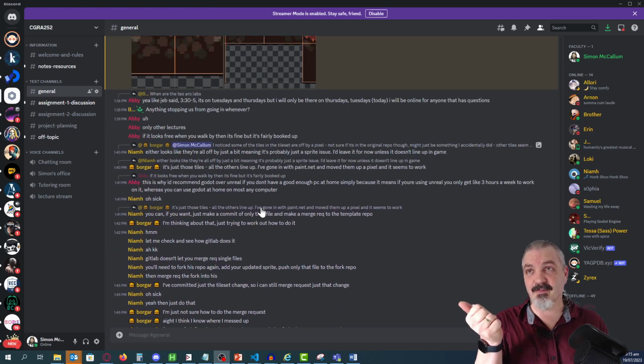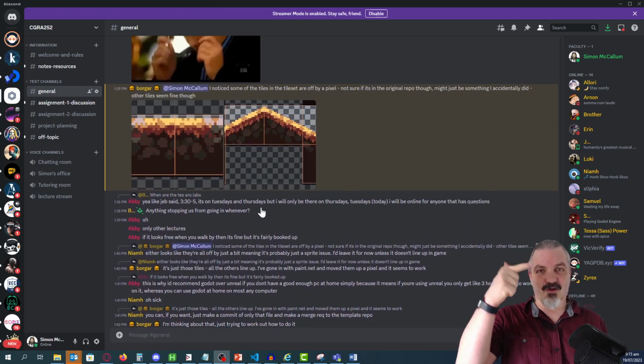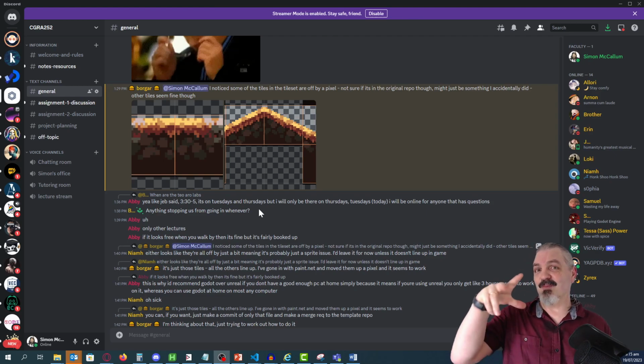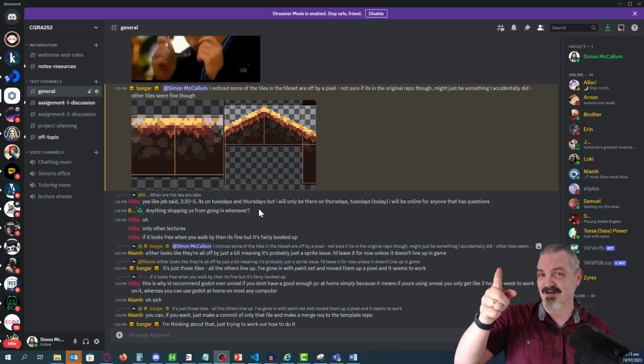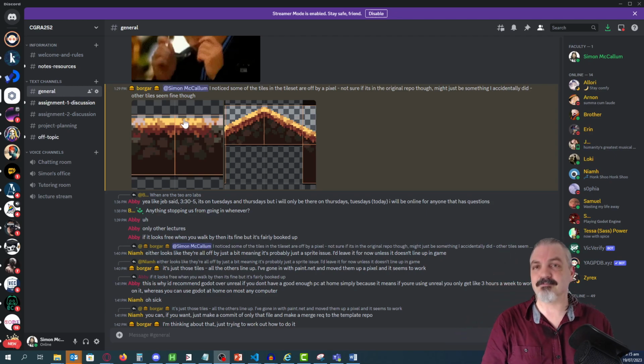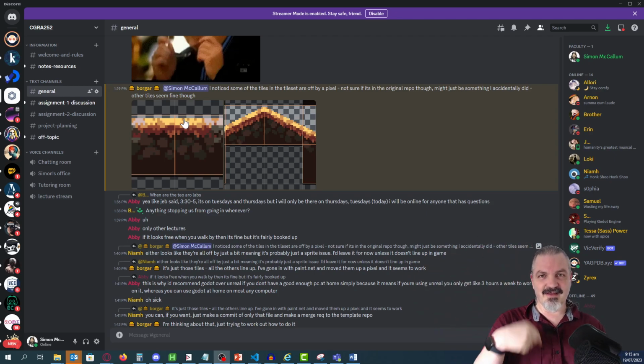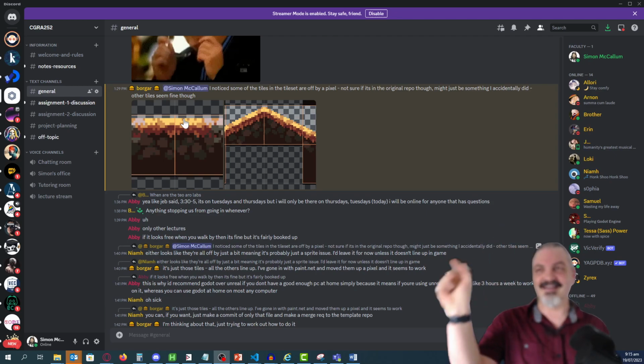What they needed to do was to fork the repo, clone it to their local machine, update that sprite, commit that sprite locally, push that sprite up to their fork, and then make a merge request. That fork, clone, edit, commit, push, and merge